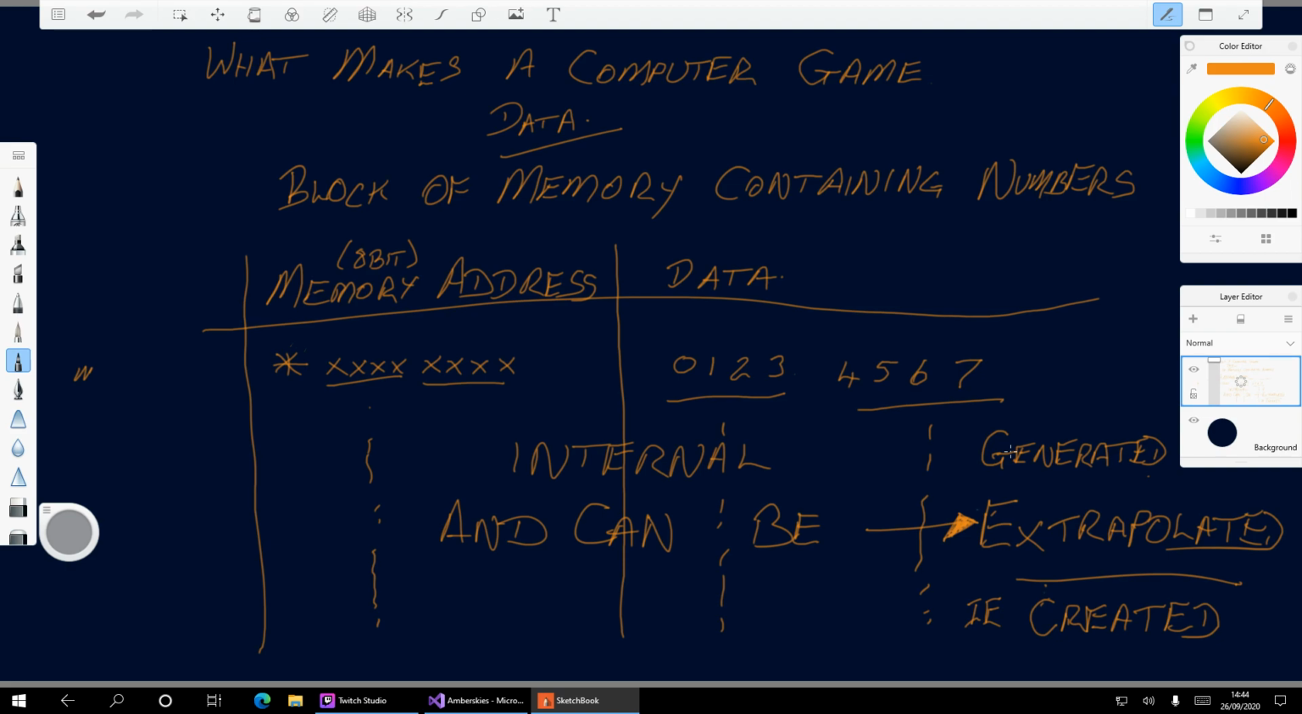So was my original statement true? Data is just a block of memory containing numbers. Yes, it is. As the program runs, from that block of data, it will generate new data